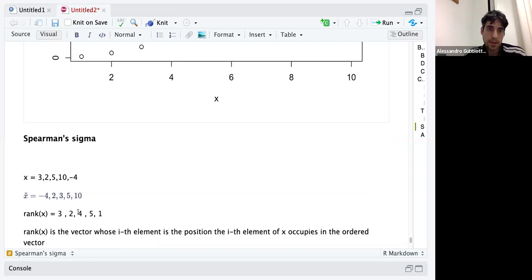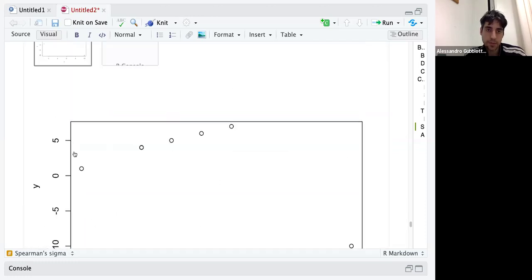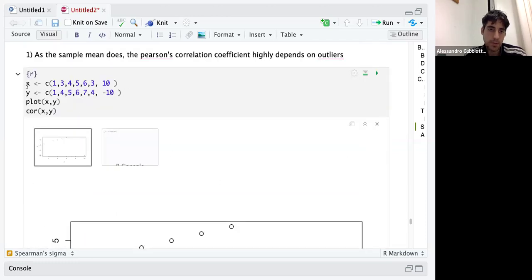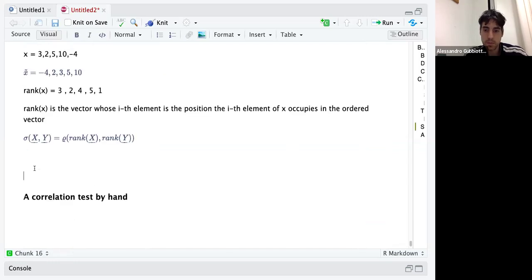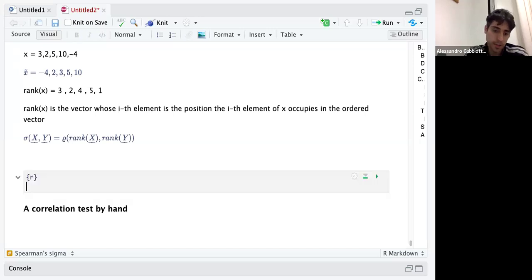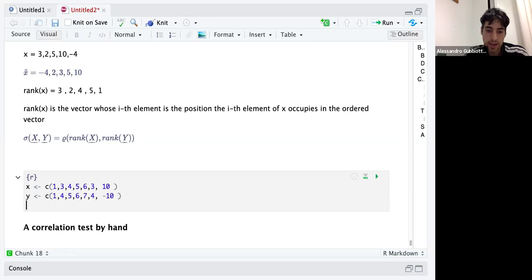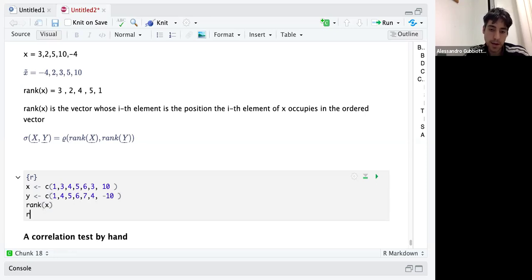Let's go back to this example here. Actually, I think the rank is also implemented in R, so we can take rank X, rank Y without any problem and see